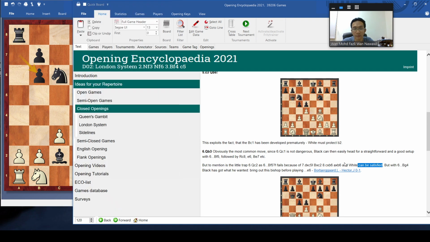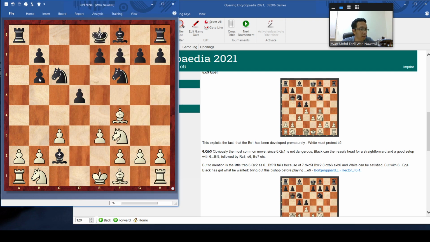It's not saying that this structure is bad, but because you still have this c3, black can go up here and remove his weakness. It's just to say that white can be okay lah here. So let's go back.